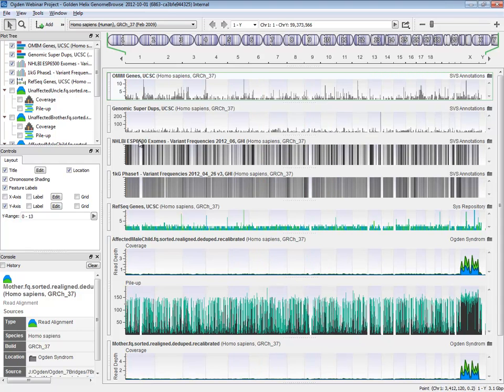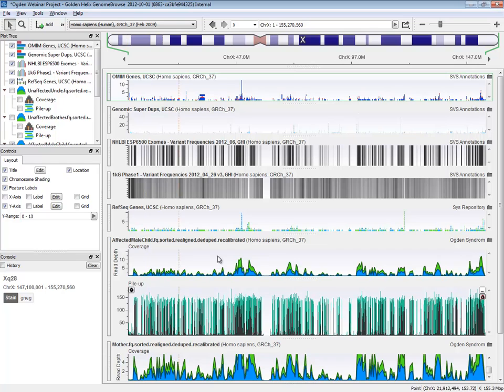Here's our 6,500 exomes, 1,000 genomes, our reference sequence, our affected male, the mother, etc. You can see at a whole genome level, the data is definitely focused at the coverage, peaks up above the baseline at the X chromosome. Let's go ahead and double click on X, and we can see the coverage here.